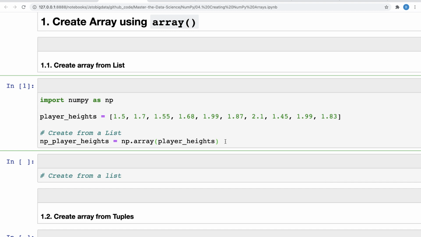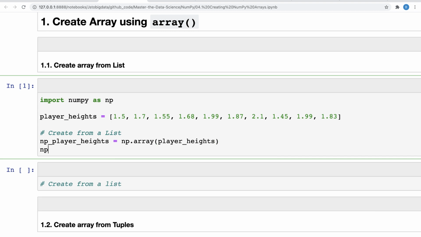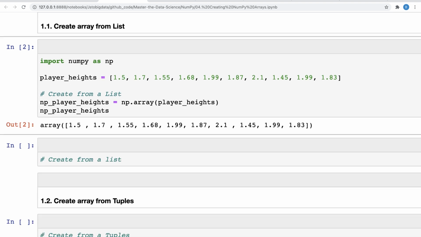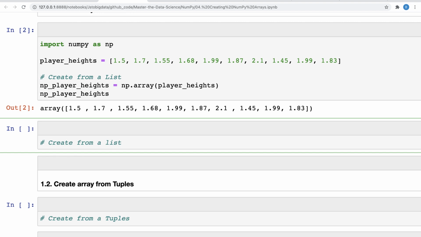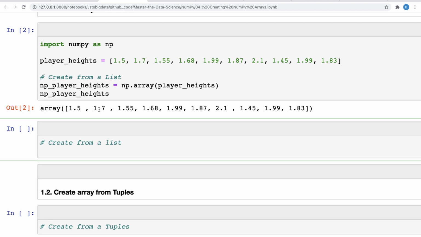So there is no rocket science, you already know this API. And if you want to print it, you just say np player heights. Also, you know that instead of storing it in a variable, I can just do this like np.array, right?